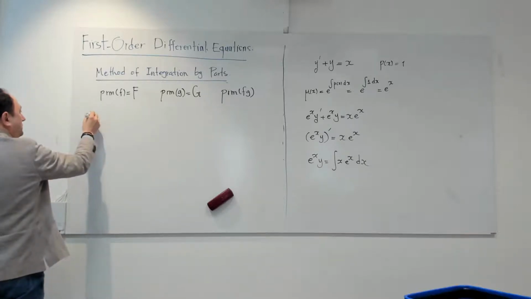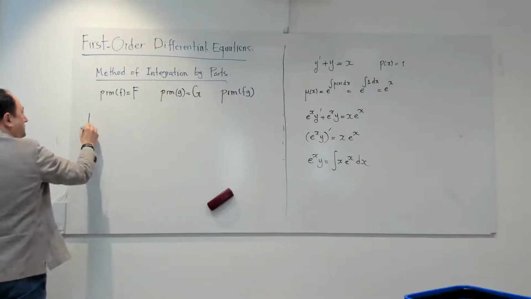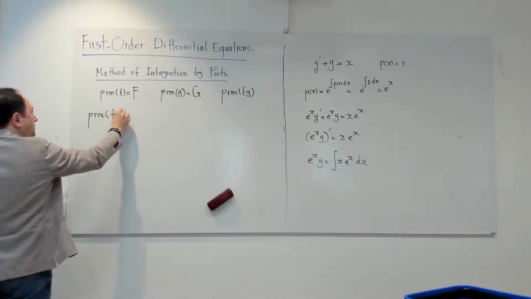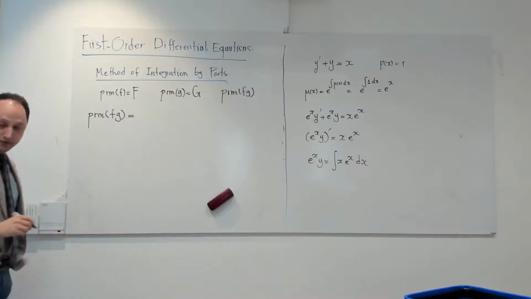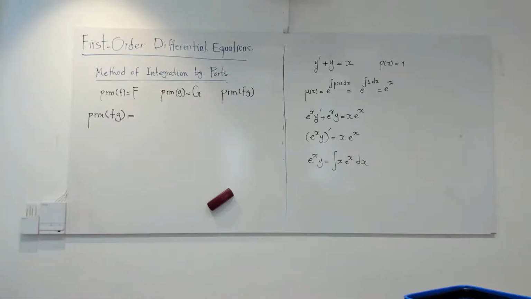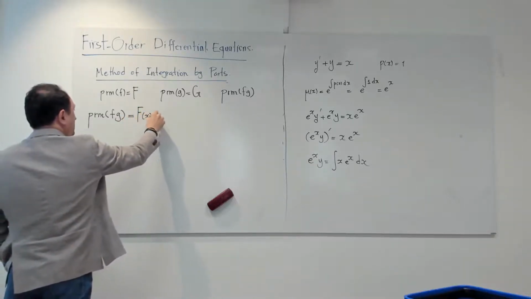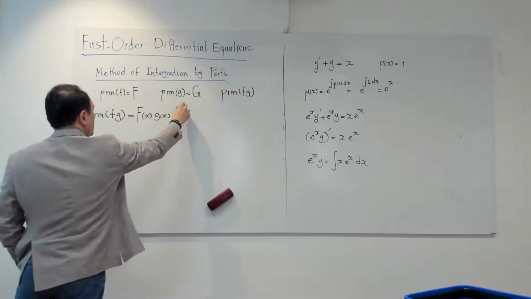So, okay, let me write the formula for you here so that we can prove it. My claim is that the primitive function for fg is equal to... This is a little bit different from what I have in my memory. I want to write it in a way that you understand it. So this becomes equal to the capital F of x, g of x, minus